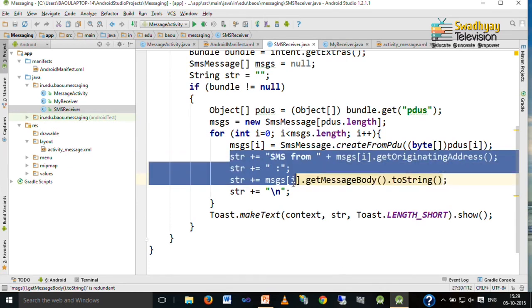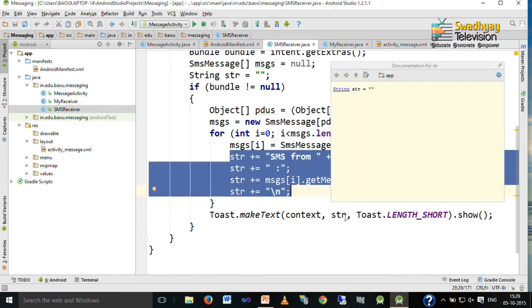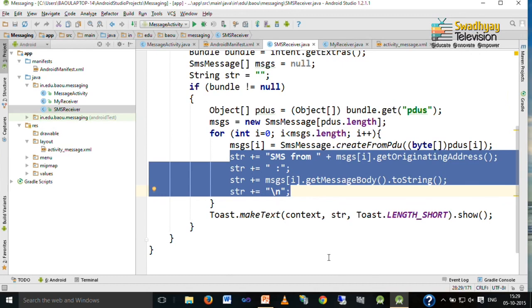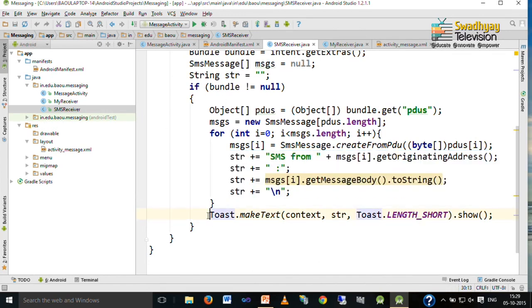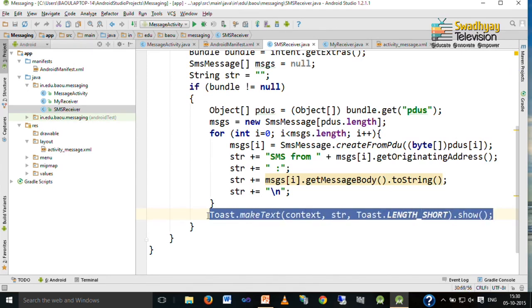So, inside str we write SMS from, then the sender phone number, then a colon and then the text that is sent by the sender, and every message is separated by a new line. So, if multiple messages are received, you can separate them by new line, and once this loop is finished, we can display the received message in a toast as usual. So, this is how you can write a receiver.